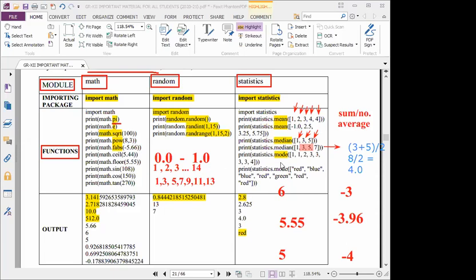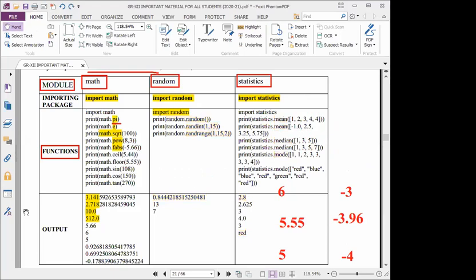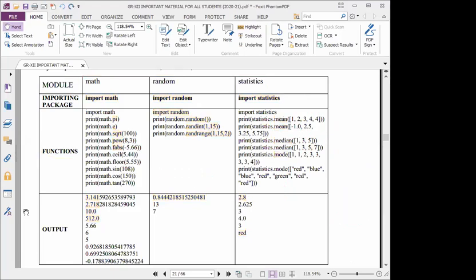So kindly take the screenshot, everyone. This is the material I prepared for the outgoing +2 students. Kindly take note of it. Definitely you should know the functionality of every function, what will be the answer.